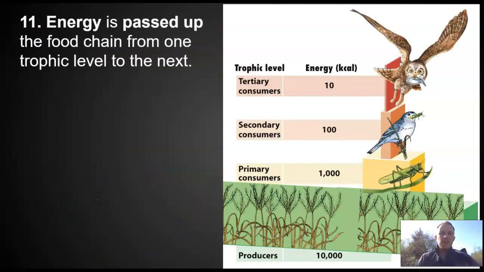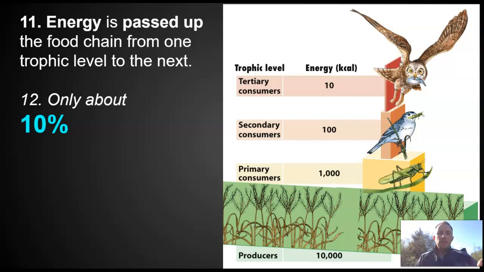So energy is passed up the food chain from one trophic level to the next. It starts with the producers, but after that it's being consumed, right? Grasshoppers aren't making energy, they're taking energy. The birds that eat the grasshoppers are not producers, they're consumers. And then the owls that eat those birds are consuming them, right? In a sense, they're all consuming the energy that started at the grass. If it wasn't for the grass, there wouldn't be grasshoppers, birds, or owls, there wouldn't be anything going on here except a bare rock, and it would look like one of the moons of Saturn.